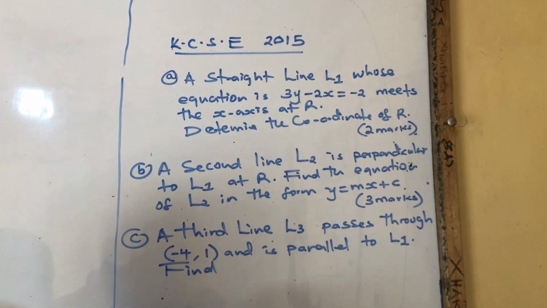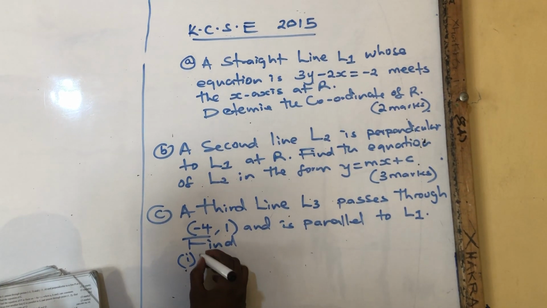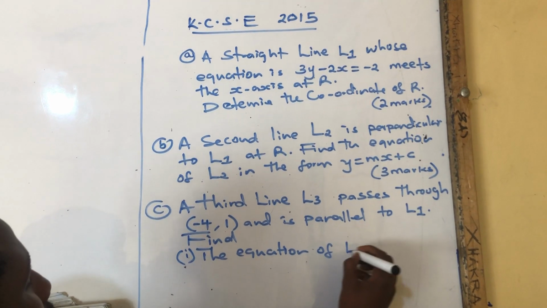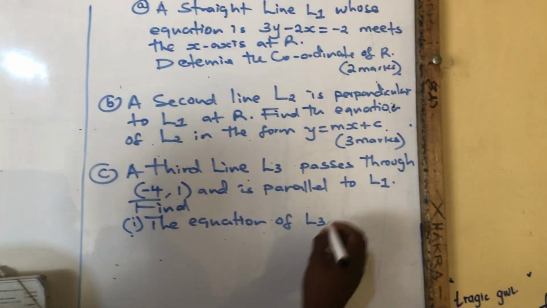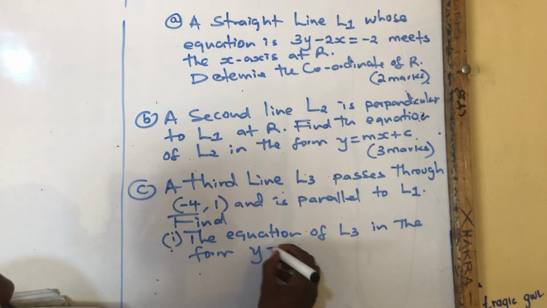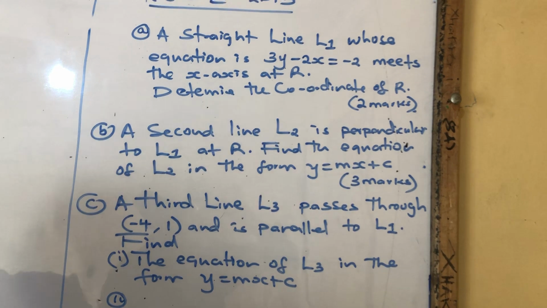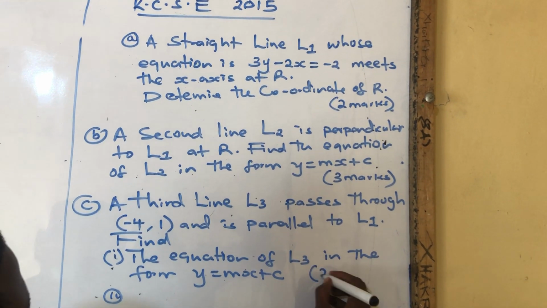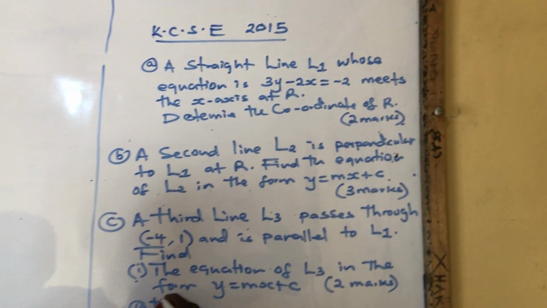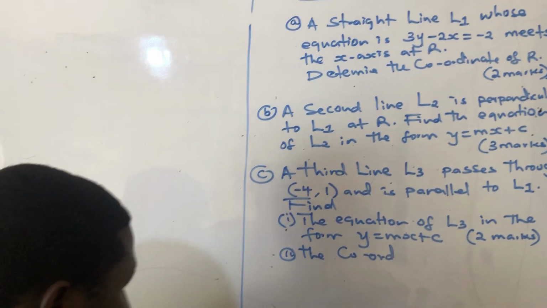Find Roman 1, the equation of L3 in the form y is equal to mx plus c. That was supposed to attract 2 marks. Then Roman 2, the question is asking you to determine the coordinates